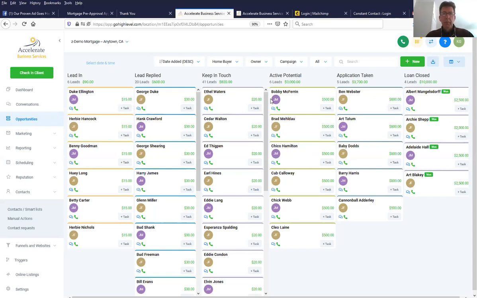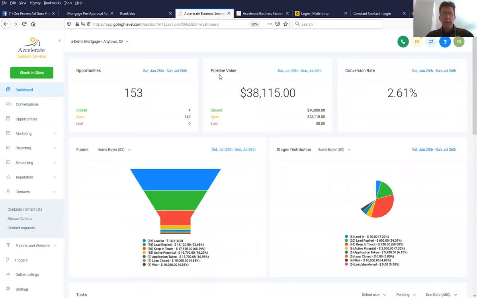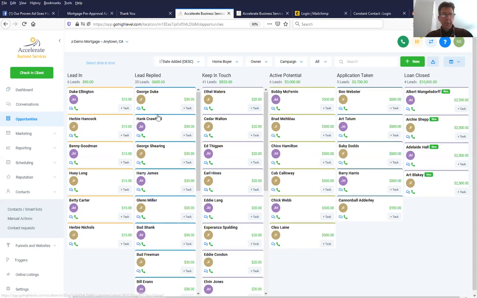You also notice different values at each of these stages, and they will add up to your overall value, which you can always find on your dashboard of the overall pipeline. You can watch that grow and see where the value is in there. All right. So let's do this. I'm going to show you the